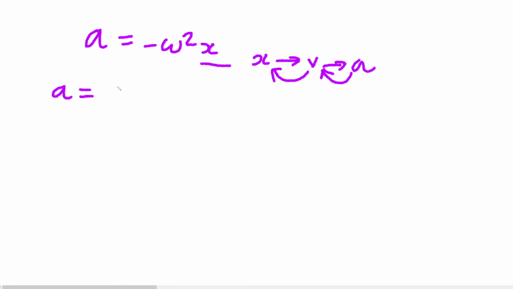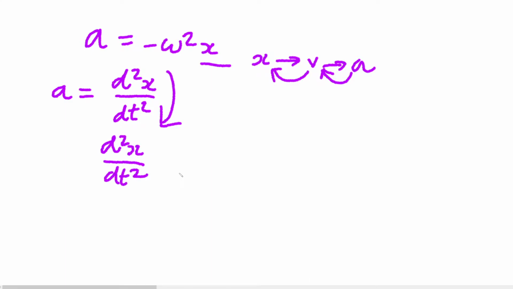So a is d squared x over dt squared, the second differential of x with respect to time, and we get that the simple harmonic motion equation is actually a differential equation with respect to time, and x, of course, where omega is